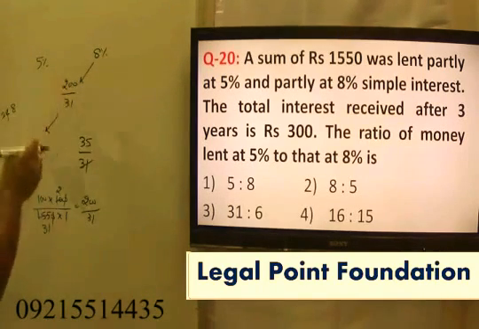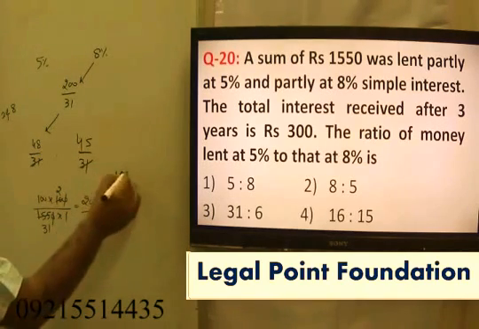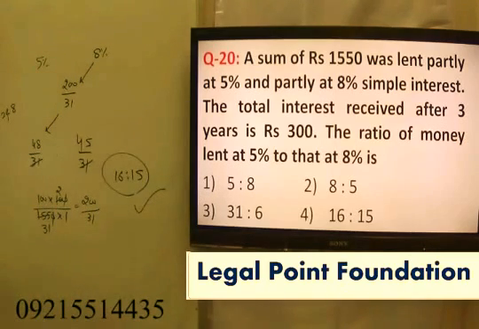248 minus 200 upon 31, that is 48 upon 31. It's right. When I take this, 5 and 15, 155. Right? Sorry, it means 45. That was my mistake. Now here I can say 16 is to 15. The answer to my question is the fourth option, 16 ratio 15.